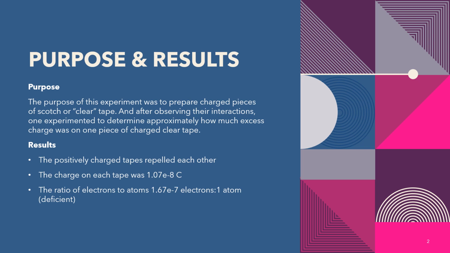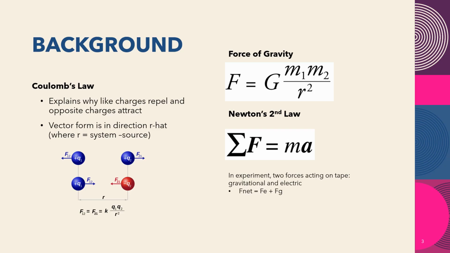The results of the experiment are that the tapes were discovered to be positively charged and therefore repelled each other, and the charge of each tape was 1.07 × 10^-8 coulombs, and the tapes were found to be electron deficient, with the ratio of electrons to atoms being 1.67 × 10^-7 electrons for each atom. Some important background concepts are Coulomb's law, which explains why like charges repel and opposite charges attract, and the